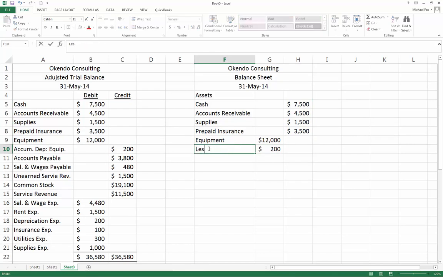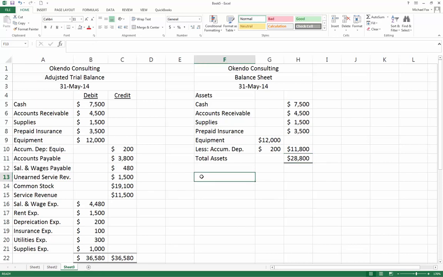Like we'll say less accumulated depreciation. And then we'll do a net value here of 12,000 minus the depreciation. Of course, if I wanted to do a classified balance sheet, I would separate out the current assets right here from the non-current or long-term asset equipment. So I have all those options. Just wanted to show you how easy it is to use Excel to do this. So there's my total assets, liabilities,